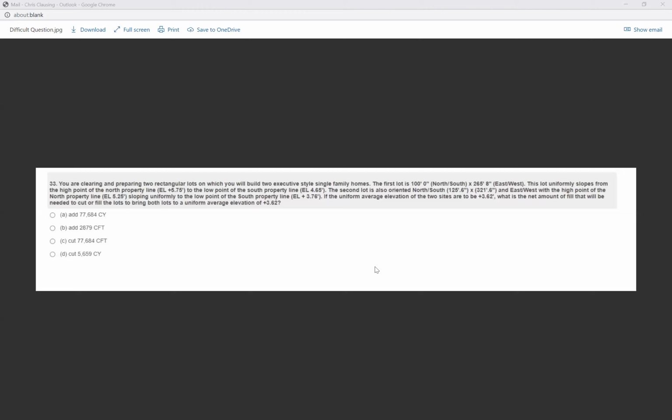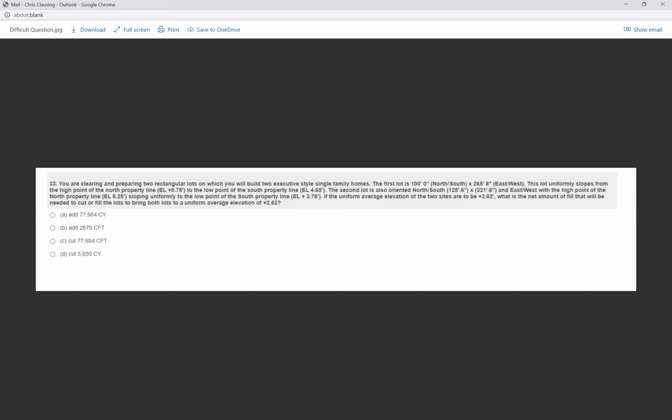It looks like a long question, and my strategy for these long questions is to go to the end of it and read the end first. I want to see what they really want from me. So if there's any extra information in here, I can eliminate it or ignore it. You'll see that strategy works on quite a few questions on the state test. So let's see, what do they want from me? They want to bring both lots